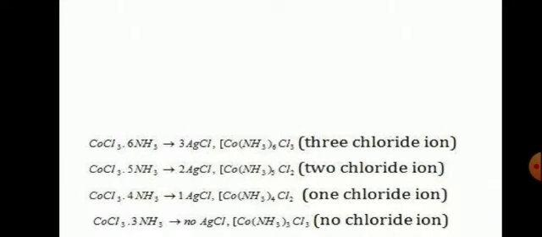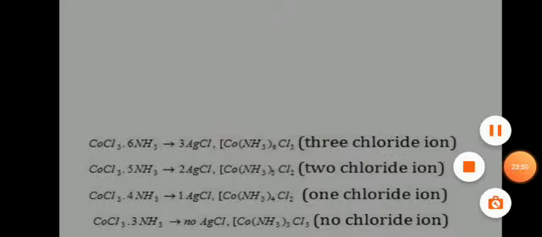present in the ionization sphere got ionized and formed 2 AgCl. Similarly, in the third one, 2 chlorides were present inside the coordination sphere and 1 in the ionization sphere which got ionized to give 1 AgCl. And surprisingly, even though the compound has chloride ion, no precipitate was obtained in the fourth example because all the 3 chloride ions were present inside the coordination sphere. So this proves Werner's theory that the ions present in the ionization sphere will be ionized and not the ones present in the coordination sphere.